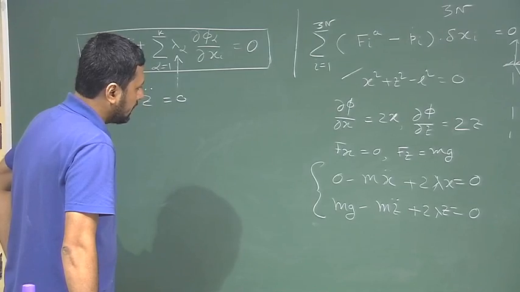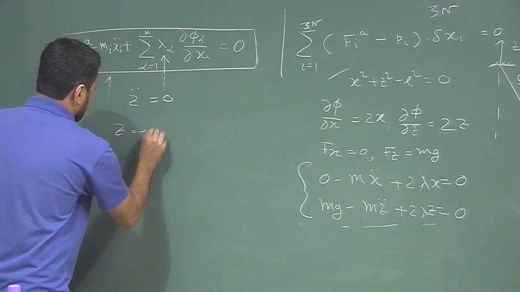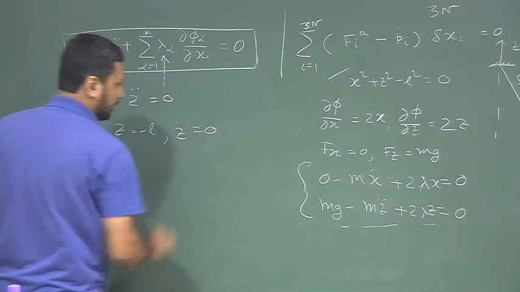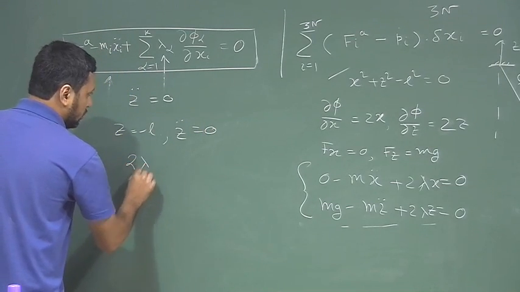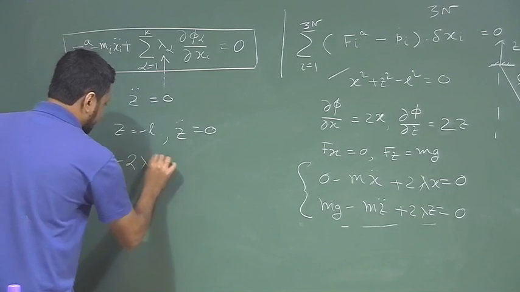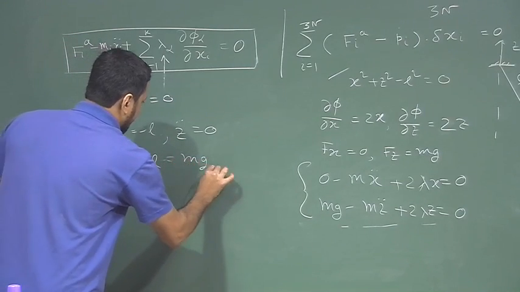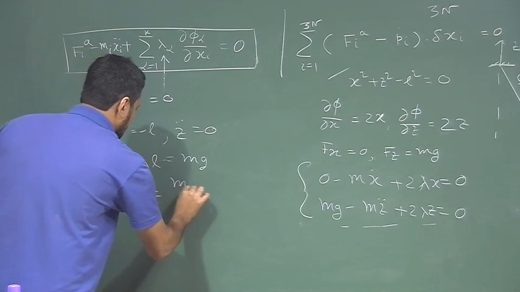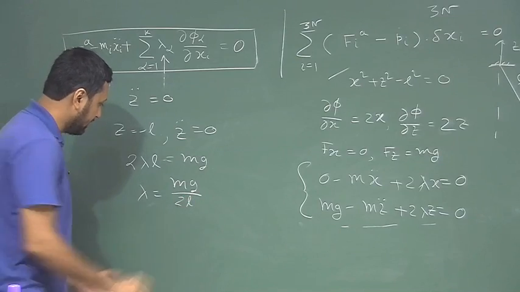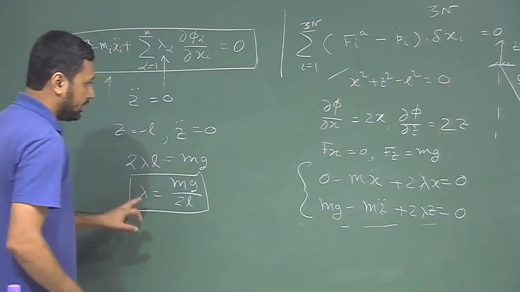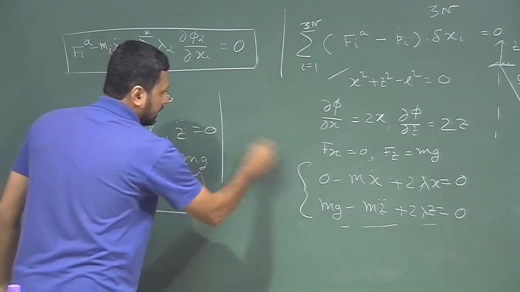from the second equation, once again I can put z equal to minus L and z double dot equal to 0. If I do that, what I get is mg minus 2 lambda L equal to 0, or 2 lambda L is equal to mg. That will give you lambda equal to mg by 2L. Essentially we are not eliminating lambda, but we are getting a value for lambda. That is from the second equation. Now, if I put it back in the first equation,